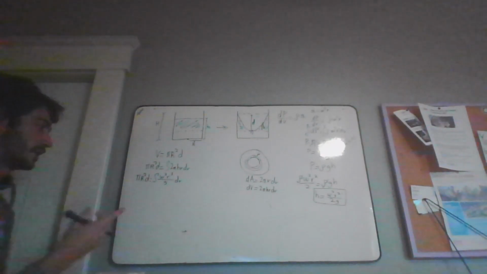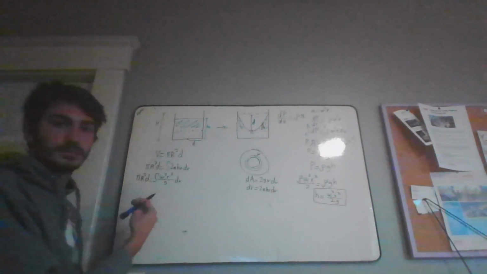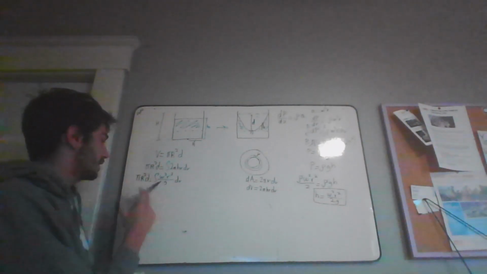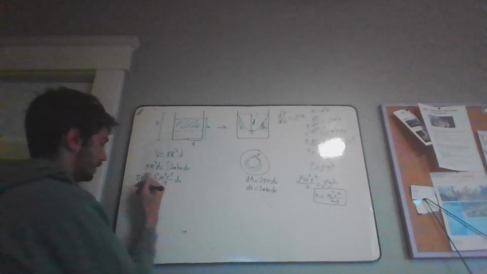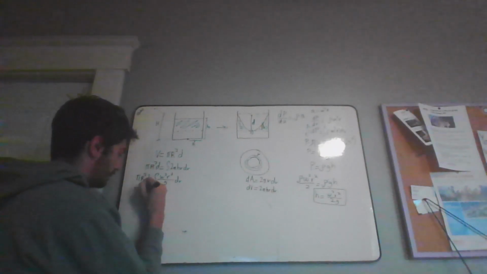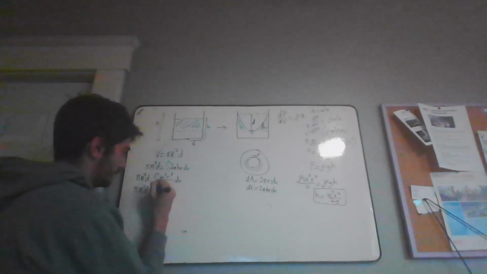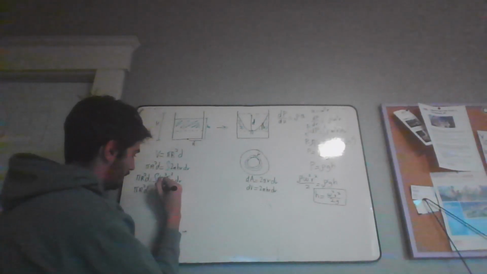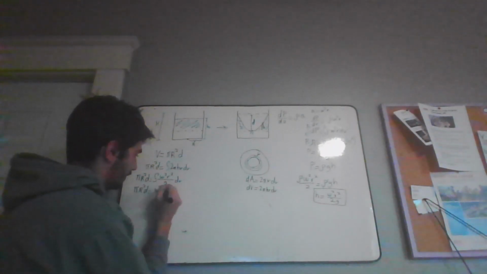Alright, then we can go ahead and take the constants out of this so that we can rewrite this again. Pi r squared times d is equal to omega squared over g